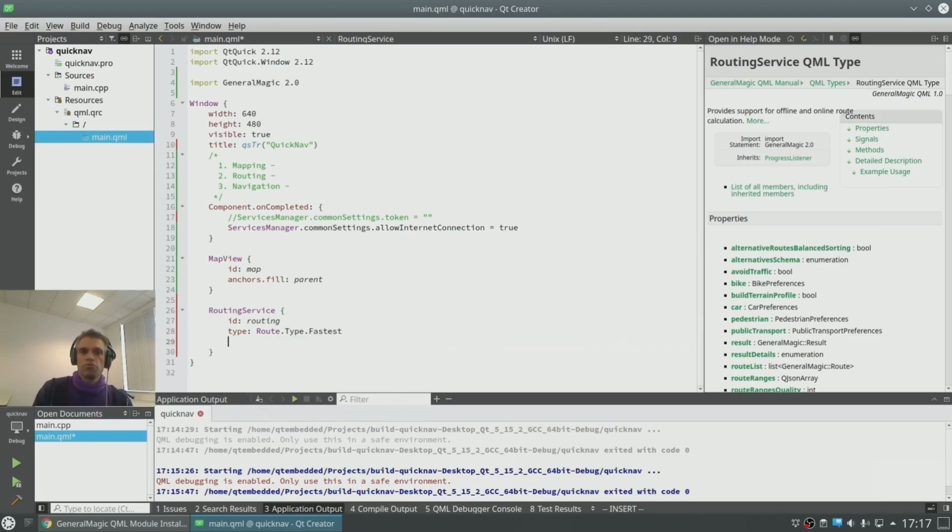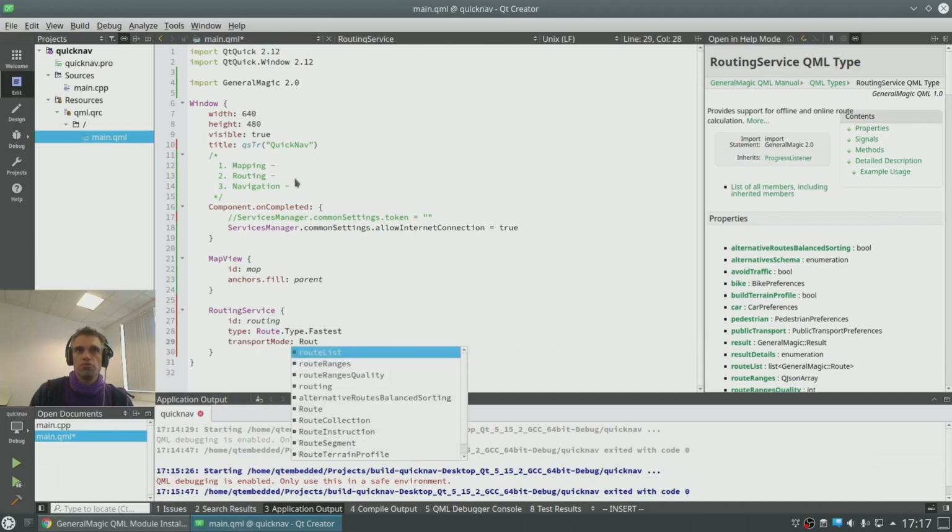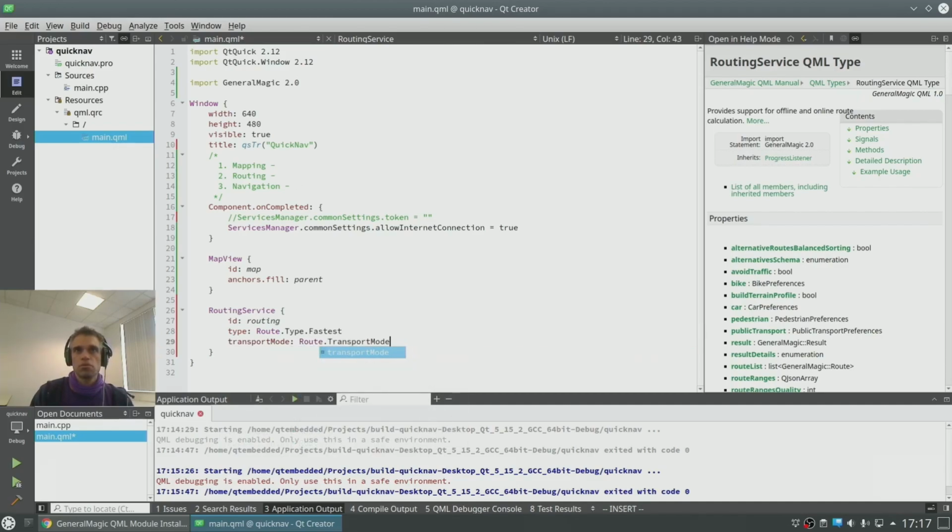And what type of route do we want for transport mode? We could have different types of transport modes. We could have a transport mode for a footpath or a bicycle path, or public transportation, or lorry or truck path, or car. So let's just select car.